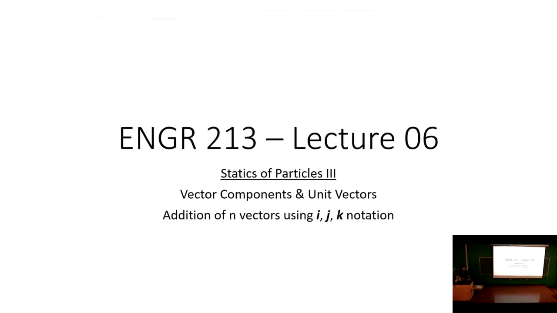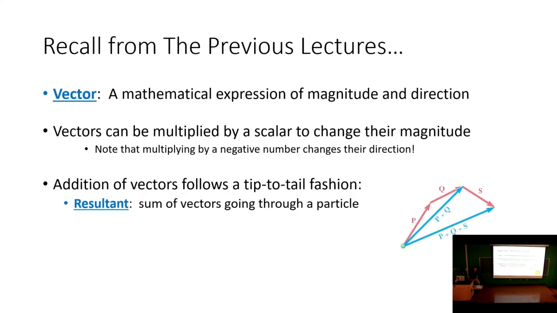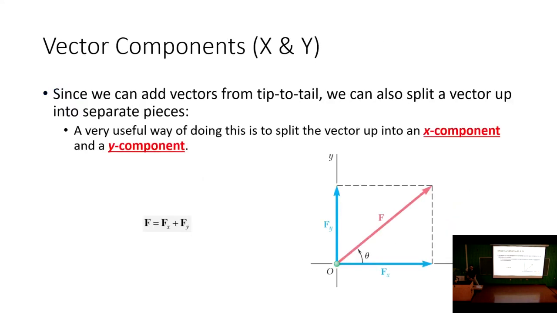So just to give you an idea of what's going to happen, I know I'm skipping ahead to lecture 6, but I just want to introduce the idea of IJK notation. For the first little bit, we're only going to deal with 2D vectors, and then we'll extend this into 3D. By now, I think we understand the idea that a vector needs to express both a magnitude and a direction. But what's also most important is that we can recognize that vectors can be split up in a sort of